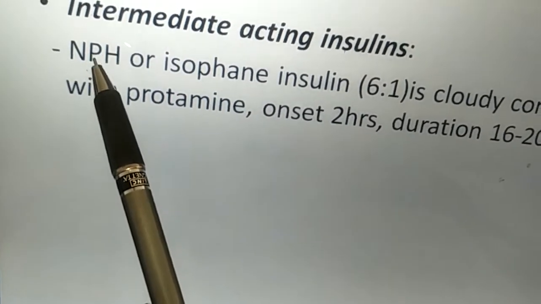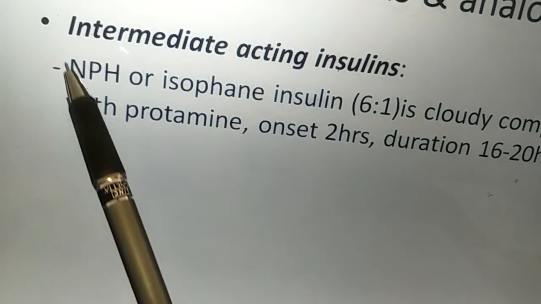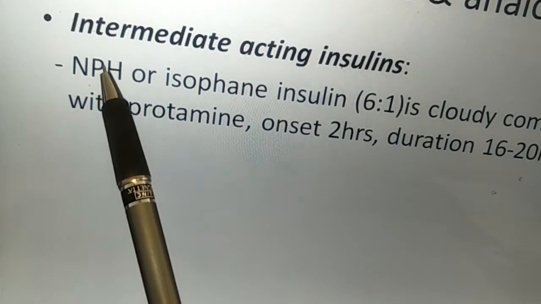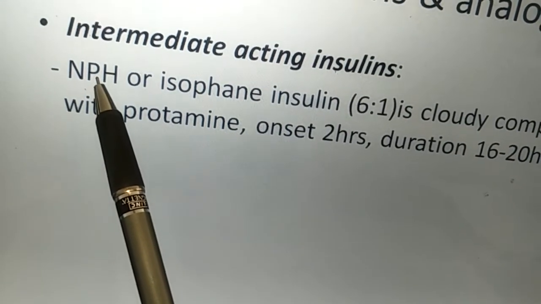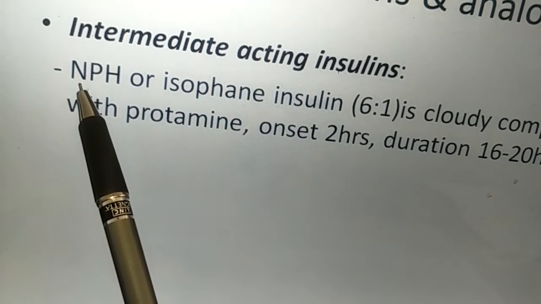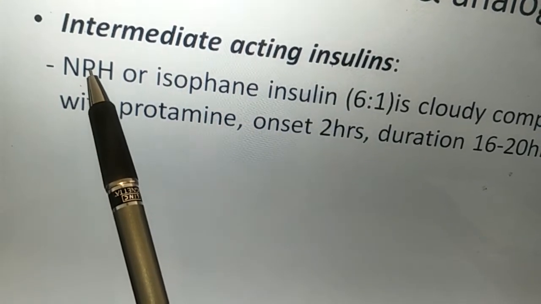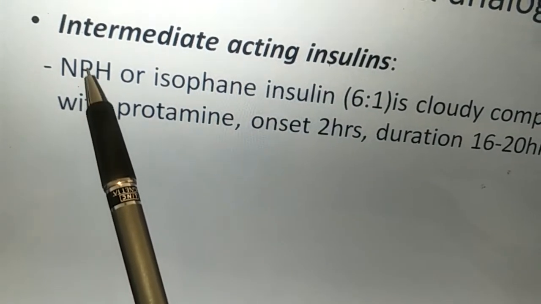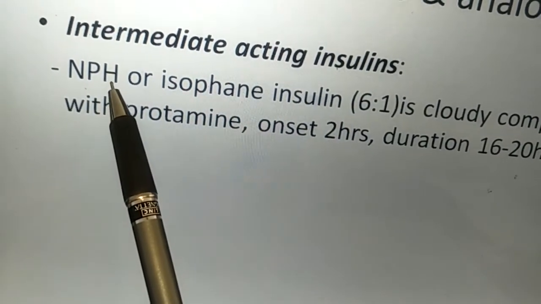Here insulin has been complexed with a protein obtained from sperms of fish. The name of the protein is protamine. Neutral at physiological pH, complexed with protamine, which is a protein obtained from fish sperms, and it was developed by